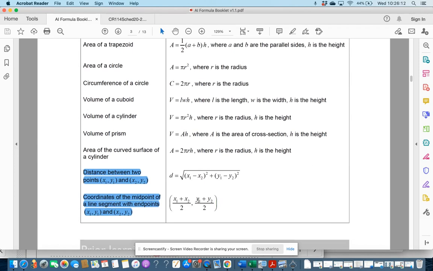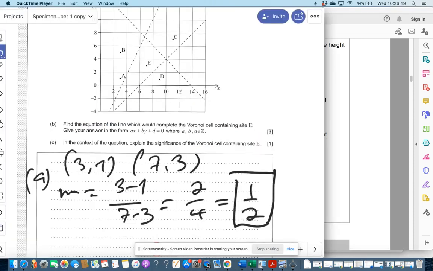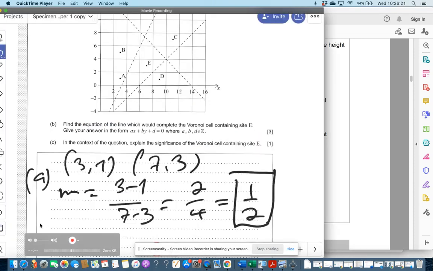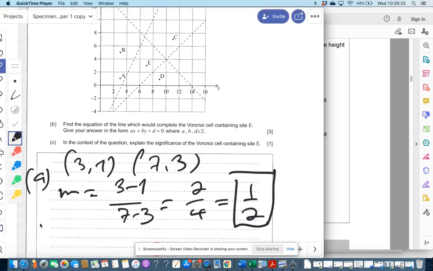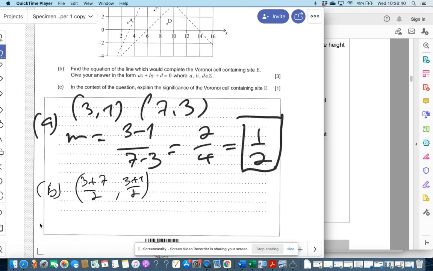Okay, so we're just going to add the x's, divide by 2, add the y's, divide by 2, and you have the midpoint. Okay, so B, you're going to add the x's, divide by 2, add the y's, divide by 2,